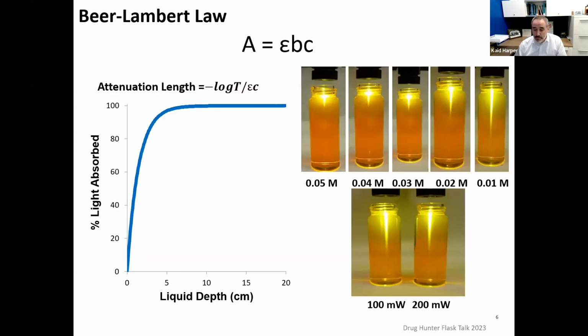So getting into Beer's law, right? One of the things that I didn't appreciate, although I've used Beer's law and continue to use it every day, but I didn't appreciate it at the time, was that if you reorder Beer's law, we think of it in its linear form, right? Absorbance, molar extinction coefficient, concentration, etc. If you rearrange that in terms of attenuation length, so how far light will penetrate a solution, it becomes a logarithmic relationship. And that's something I tried to highlight with these pictures here on the right. So as you scale linearly in concentration,